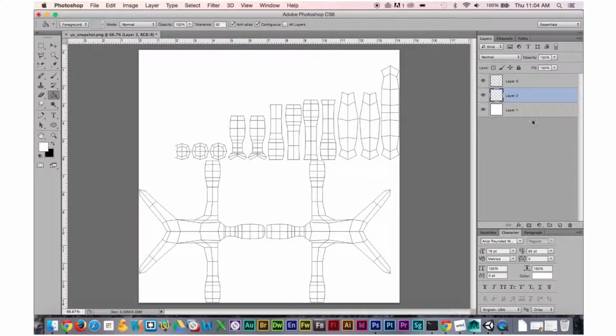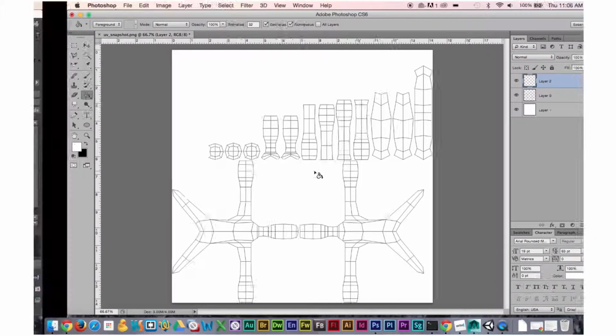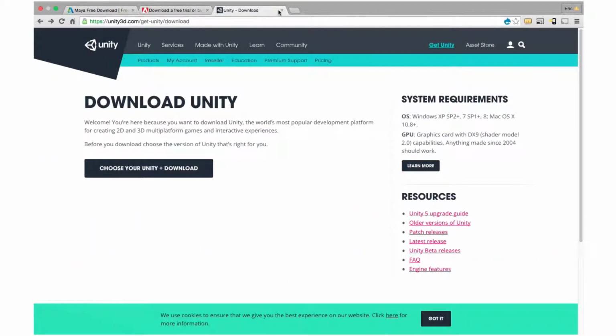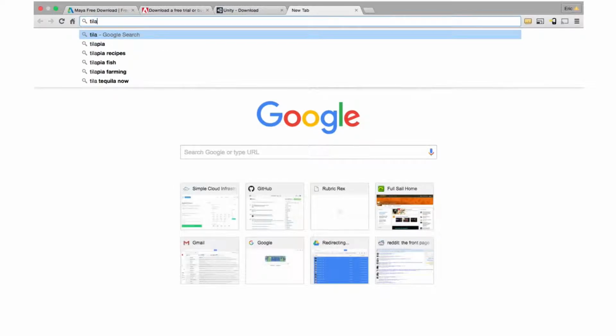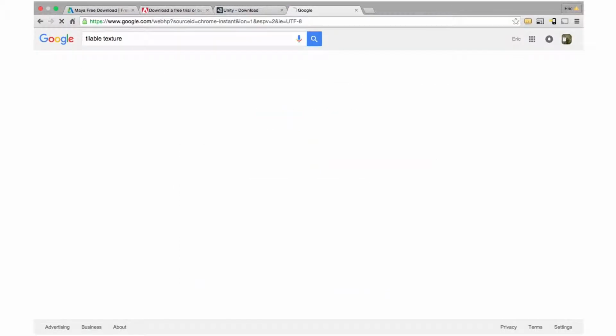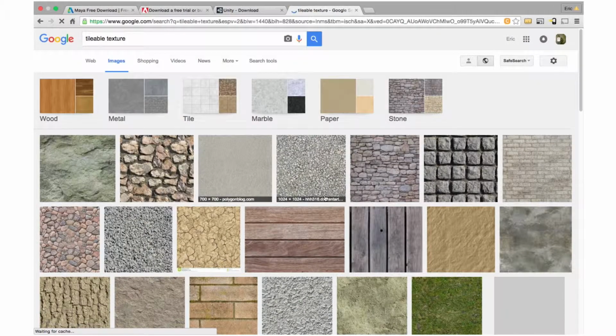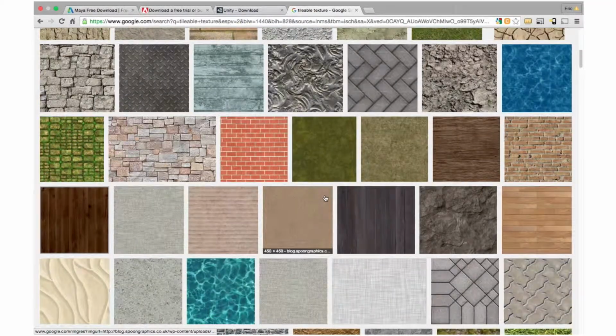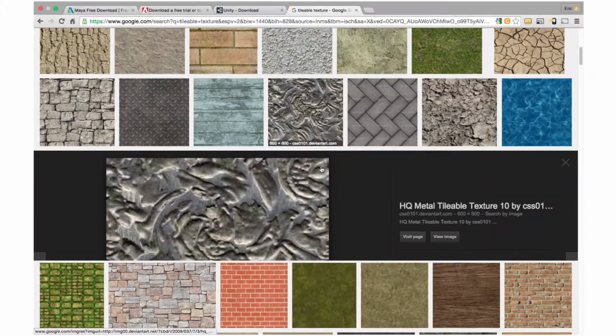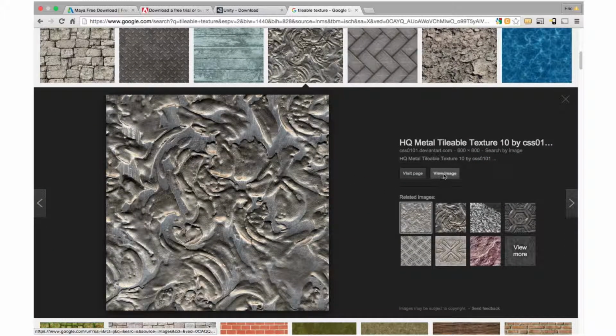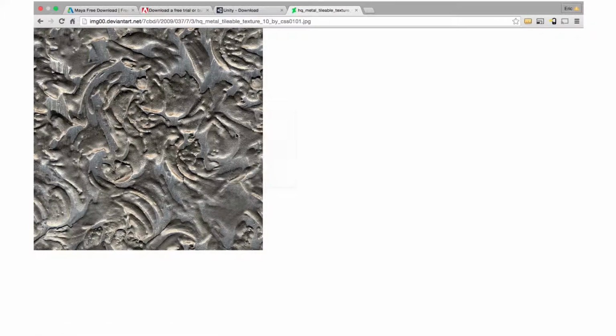So I'm going to make another layer on top of it, and this is where we're going to start adding our texture in. I like to start texturing by adding a tileable texture. So if I go over to Google and just do a search for tileable texture, we should find something that will work for us. We want him to have kind of a cool surface. This looks pretty cool. I'm going to copy this image,